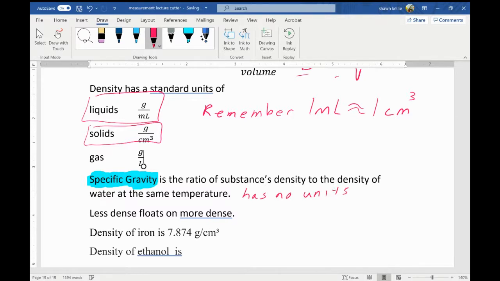Why does it have no units? Because you're dividing the density of a substance X by the density of water. Well, grams per milliliter divided by grams per milliliter. Anything divided by itself is 1, right? So specific gravity has no units. Not only that,